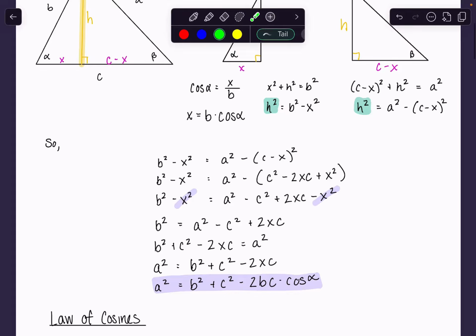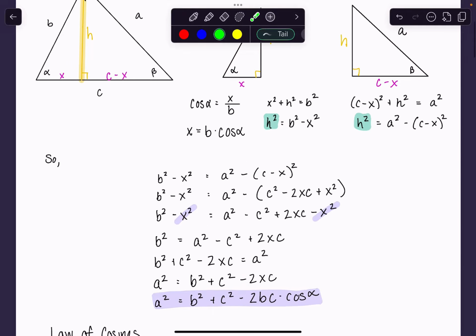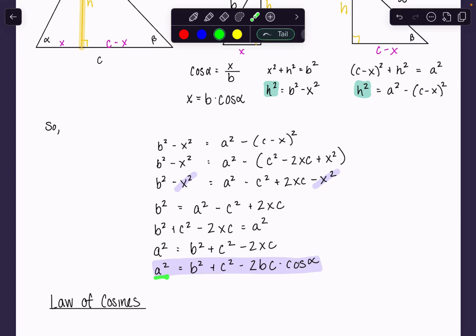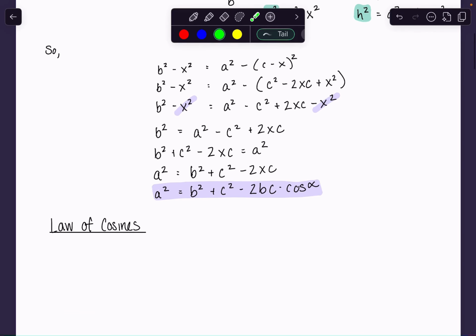And then again, you can do an analogous proof of these just by dropping the perpendicular in a different spot, but the same idea holds. So if you notice over here, you have a squared, and over here you have alpha, and then this involves the other two variables. So that formula is going to be really easy to adapt based on the information you have. So in any triangle,